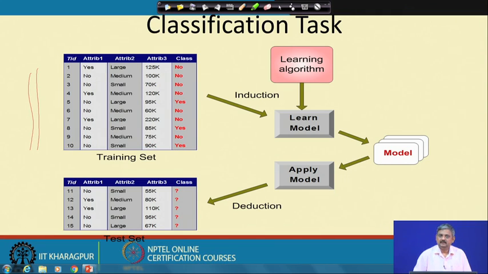And then maybe I know that each of these persons, each of these rows, belongs to one of two categories. Either you give them a loan, because if they apply for a loan they will repay it, or you should not give them a loan. Yes or no? So, what I will have is something called an experience or a training set, where I will have 10 such persons, their attribute details, and the class: loan to be given or not. So, I have these 10 persons for which it is known,